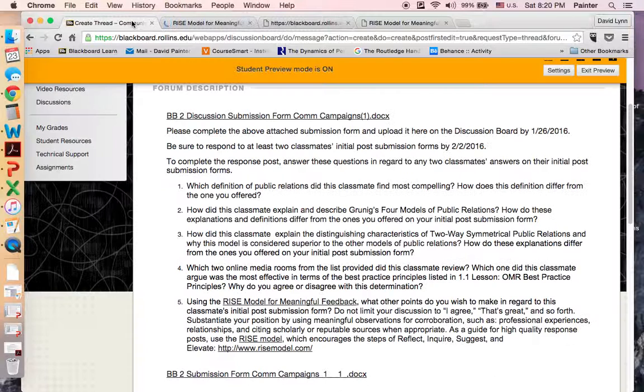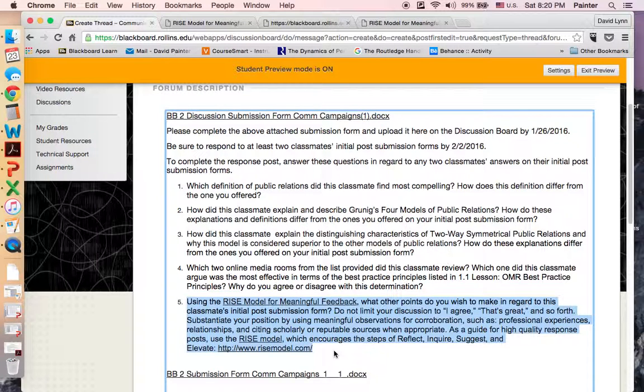I want to make sure that students are aware. You see the hyperlink here? This instruction asks you to consult the RISE model for meaningful feedback in order to provide meaningful response posts to any 2 classmates. So do not limit your discussion to "I agree, that's great," but substantiate your position by using